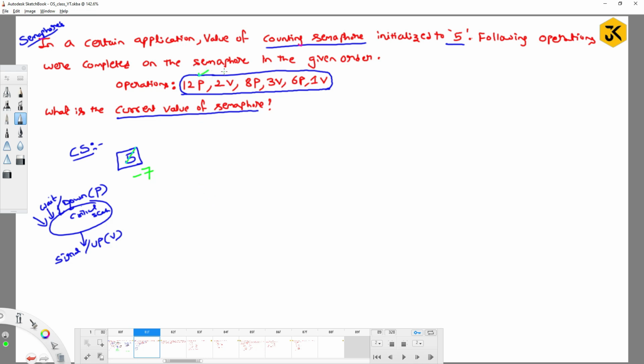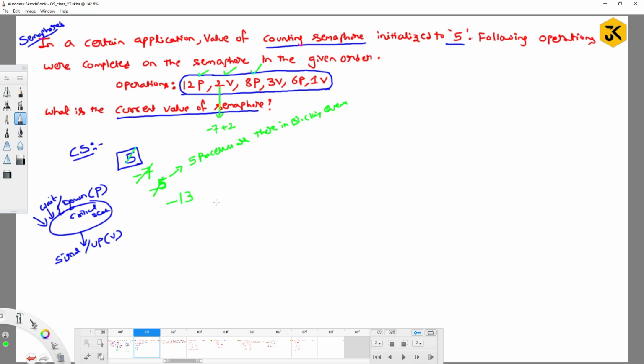Next, they are performing 2 up operations. When performing 2 up operations, how many processes will be there in the blocking queue? Minus 7 plus 2, I can write here to avoid the confusion, it will be minus 5. By looking at this particular terminology, we can say that total 5 processes are there in the blocking queue, right? Next, we are performing 8 down operations, which means